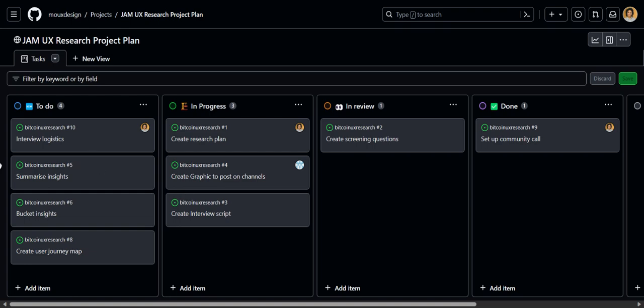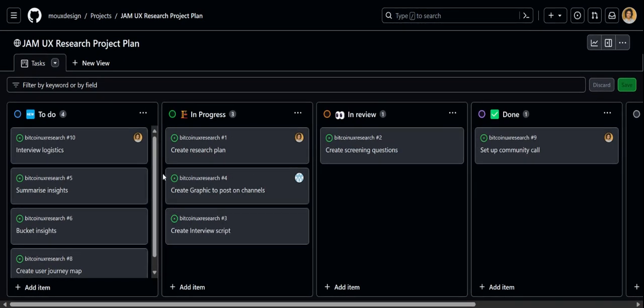Is this project board showing up for everyone on their screen? If you're sharing your screen, I don't see it. Let's see this one here. But I have it up on. Now it does. So we kind of have this project board, which is kind of all of the stuff that's to do, and then in progress, and then in review, and then done.